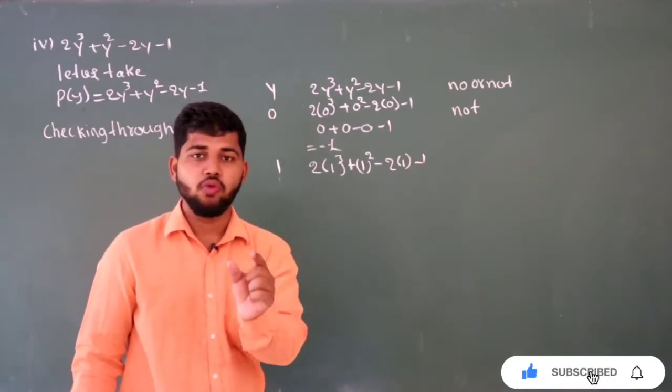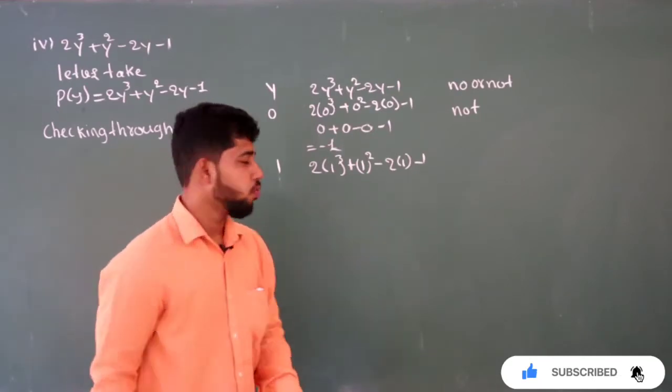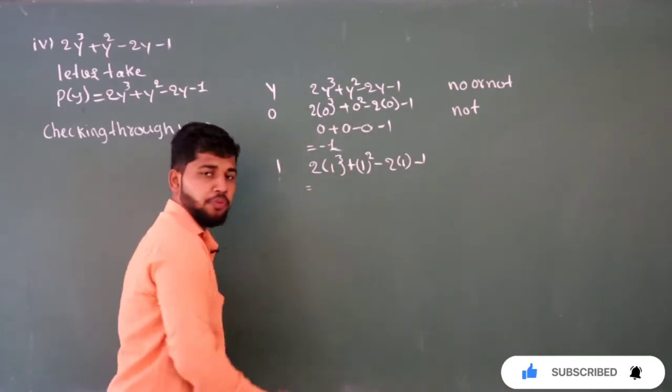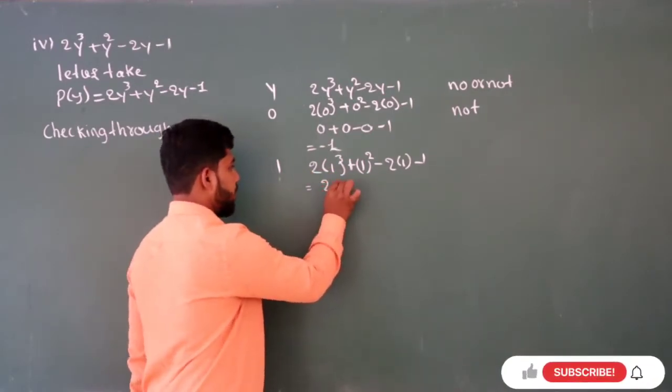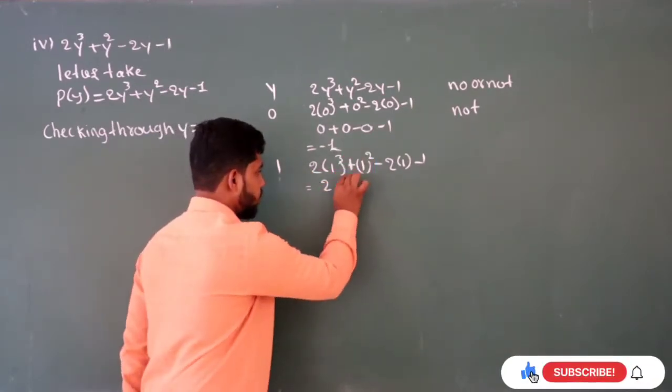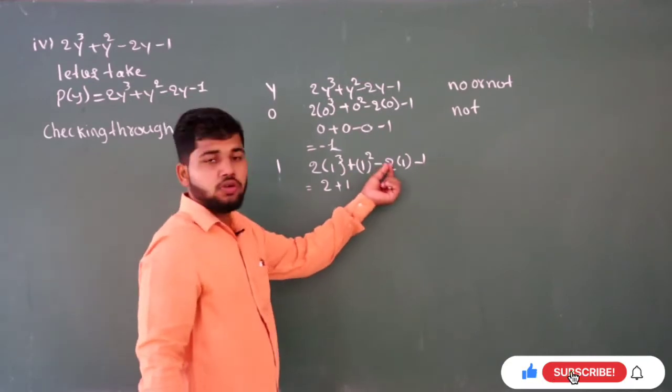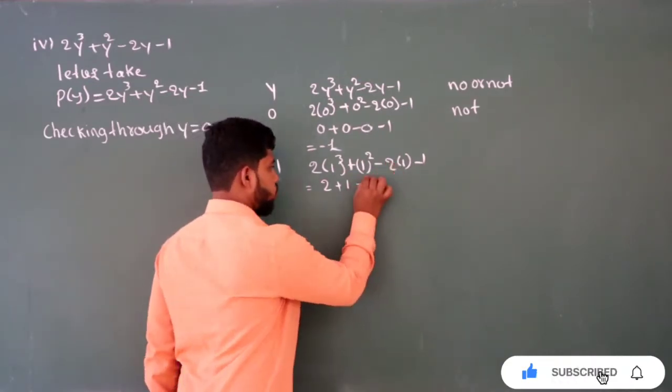Now 2 into 1 cube plus 1 square minus 2 into 1 minus 1. Now 1 cube means 1, 1 multiplied by 2 is 2, plus 1 square means 1,